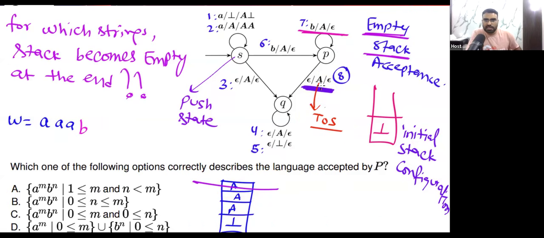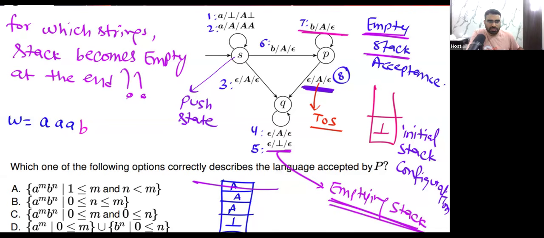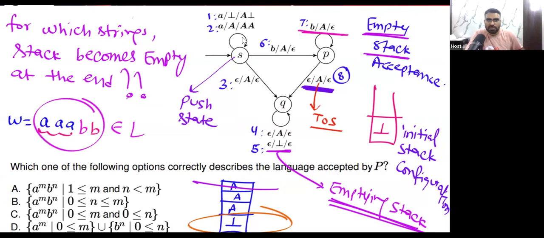Remember, if you want to remove this, here what we are basically doing is emptying the stack. This transition means we are emptying the stack. Because in transition number 5, we are removing this symbol from the stack. So now you can easily see that after A's, if you want to go to state q, then the number of B's must be less than the number of A's. Then this string will be accepted and will belong to the language L. So the number of A must be more than the number of B's.